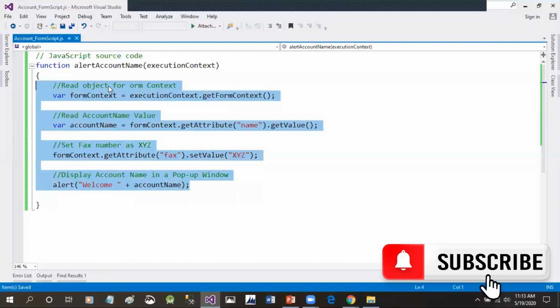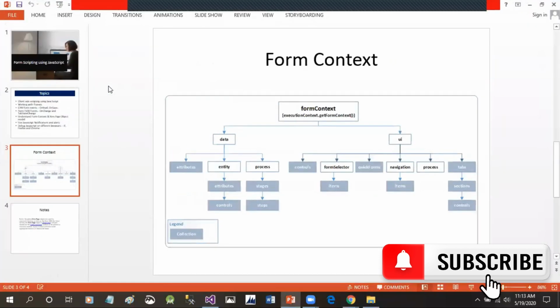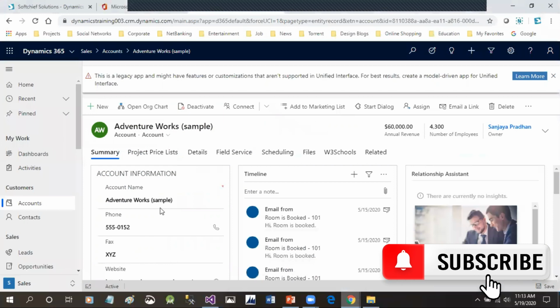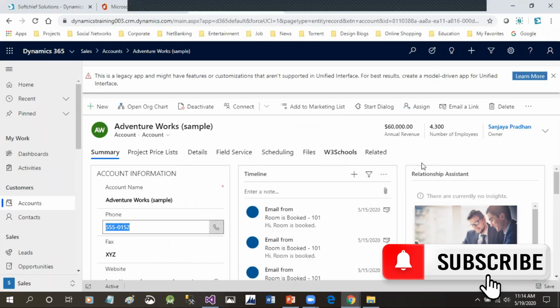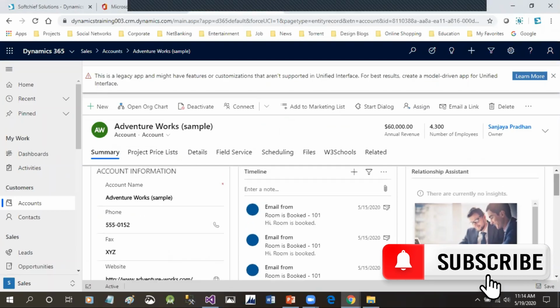For a real world example, let's say there is a form here and you want to validate the phone number to be 10 digits. Then you can write a JavaScript to validate that. I will show how to do that. Normally in JavaScript, we use field validations. Otherwise, if you want to concatenate some different fields with some static text, you can do that. We can validate websites, faxes, emails, all that, because business rules do not have any concept to automatically configure field validations. That's why JavaScript is required.